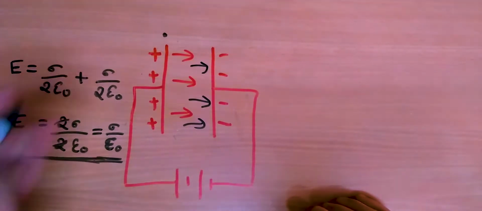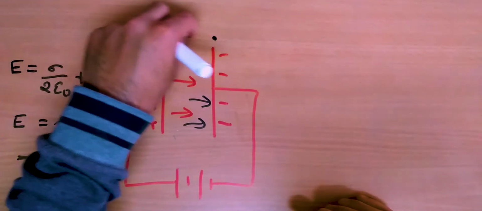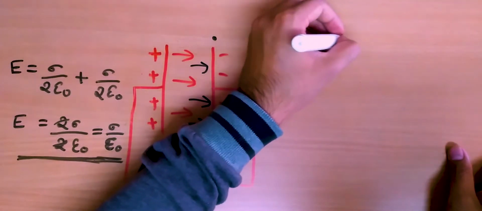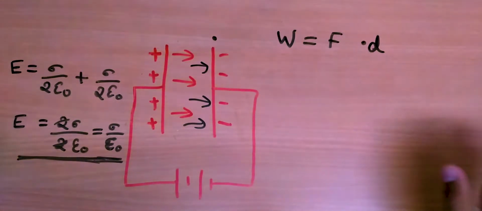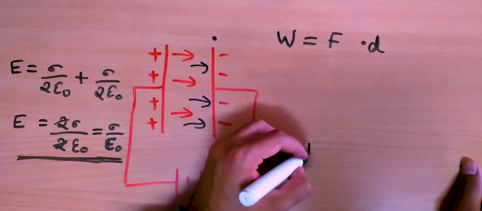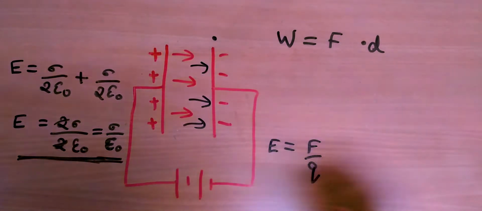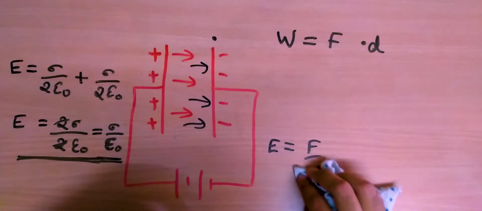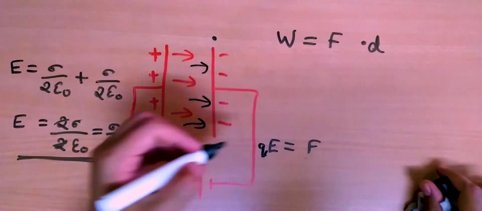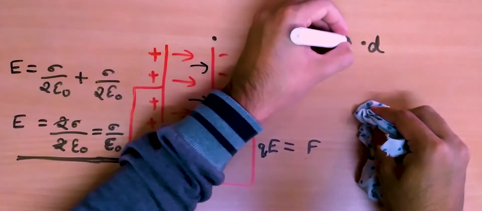Now, let's say it's a positive charge and I have to take it to this position. I have to move it against the electric field, so I'll have to do some work. That work will be equal to force times distance, right? But what is force? Well, we remember electric field equals force divided by Q, force per unit charge. And if I quickly shift this Q to the other side, what I get is EQ equals F. So I'll replace the F in this expression with E times Q, right?